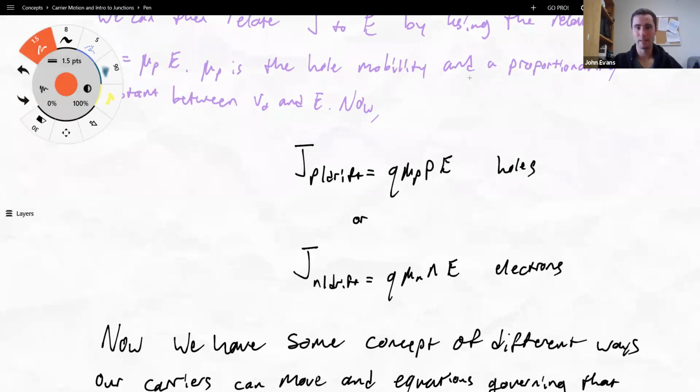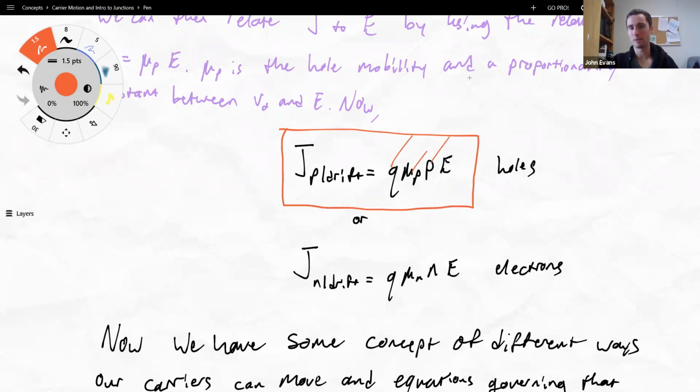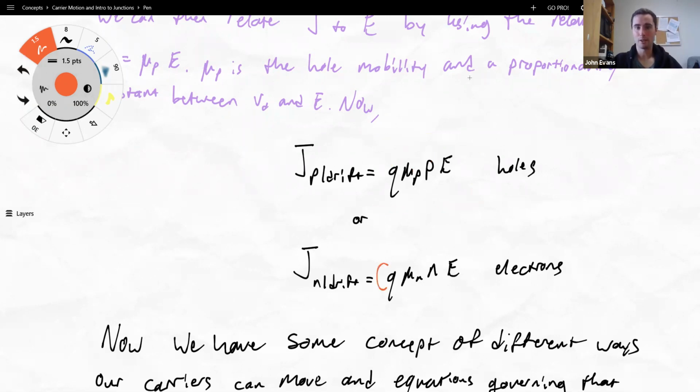So now our drift current density is going to be equal to this here. So fundamental charge, our mobility, concentration of carriers times our electric field. Note that we do not change sign here because the electric field is going to affect how the electrons move, right? Because if we have an electric field here and we put an electron here, so that's an E minus, that's going to go this way. And if we put a hole, that's going to go this way. Right, so the directions are going to reverse,